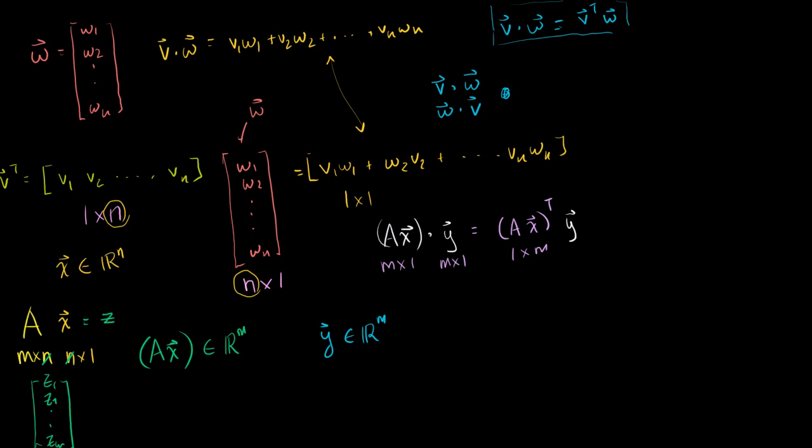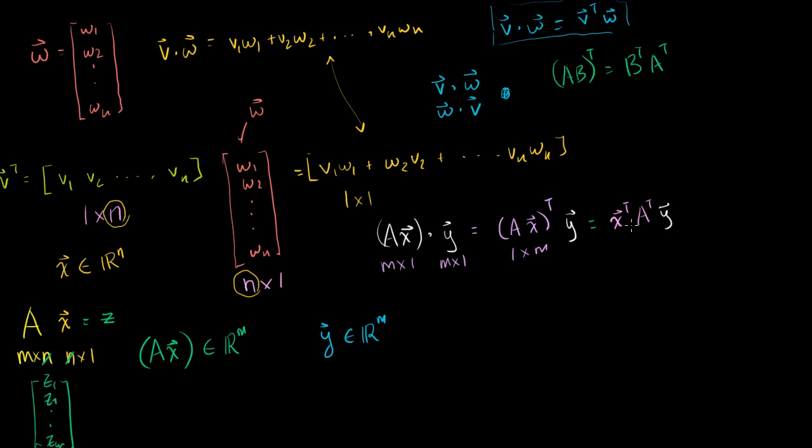We saw a while ago, I think 2 or 3 videos ago, that if we take the product of two matrices and take its transpose, that's equal to the reverse product of the transposes. You just switch the order and then take the transposes. So this purple part is going to be equal to x transpose times A transpose times y. And these are just matrix products, not necessarily vector operations. We're treating all of these vectors as matrices, and of course we're treating the matrix as a matrix. So what is this equal to?